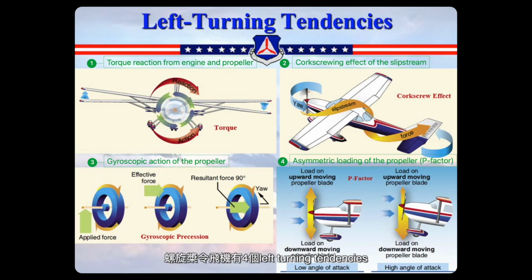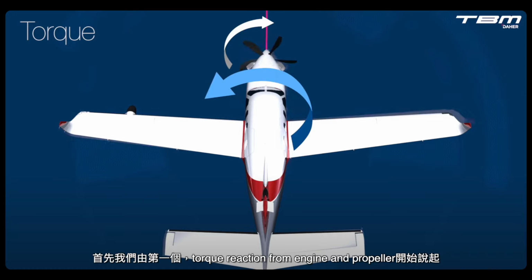螺旋槳令飛機有4個 left turning tendencies，分別係 torque reaction from engine and propeller, corkscrewing effect of the slipstream, gyroscopic action of the propeller, asymmetric loading of the propeller，簡稱 P factor。首先我哋由第一個 torque reaction from engine and propeller 開始講起。torque reaction 係其中一個最明顯嘅 left turning